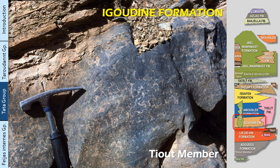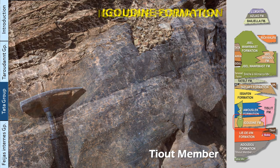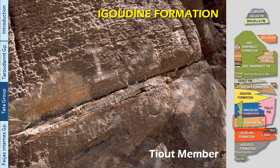Here is a photo from the upper part of the Igoudine Formation, the so-called Tiout member. This is characterized by a high amount of dark limestones that feature more open marine conditions, such as oolitic or oncolitic limestones, as shown here. The change between the lower member and the upper Tiout member takes place fairly abruptly, and the normal marine limestones